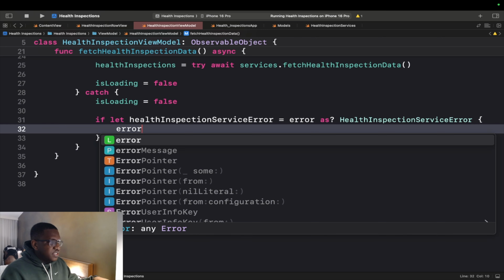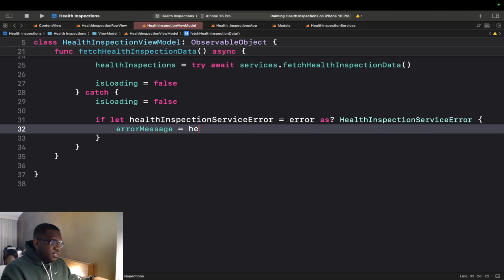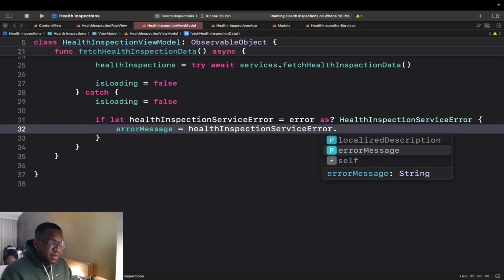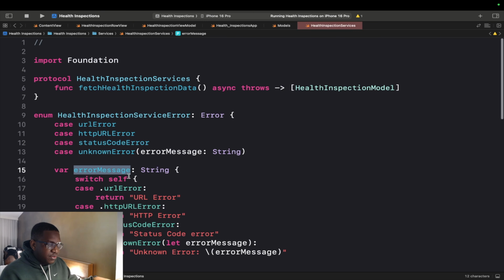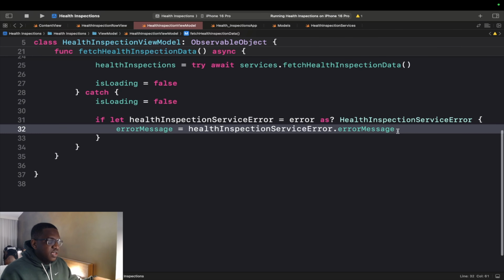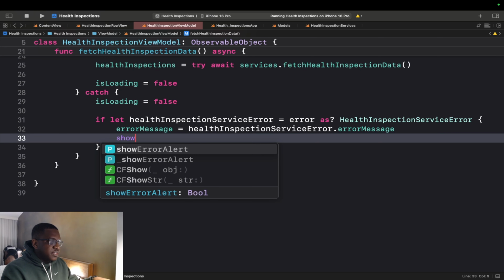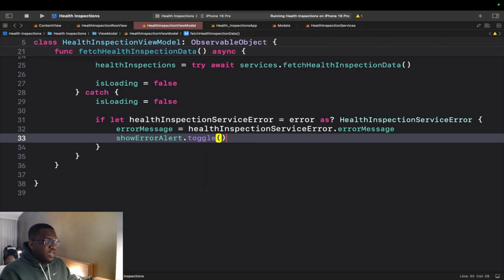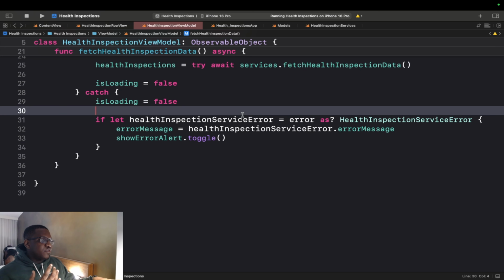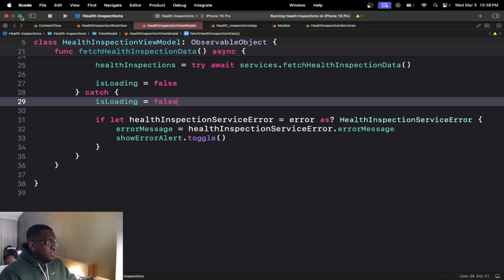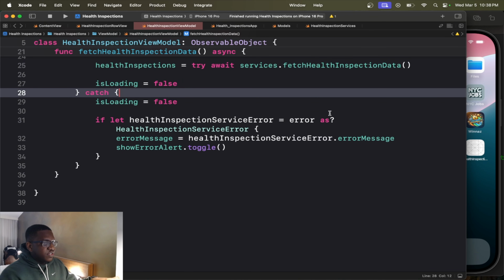So we'll say error message is equal to health inspection service error, which is ours. We're going to make it the error message, and if you command click on it, you'll see it pushes us to our thing, so we know that's good. And now after this, we're going to say something like show error alert toggle. So now we will be able to see a more meaningful, more relatable error message that we are used to. So let's minus that, and if we run,